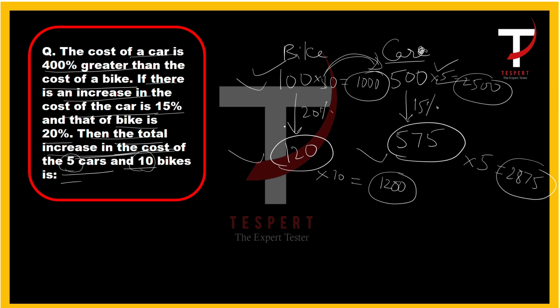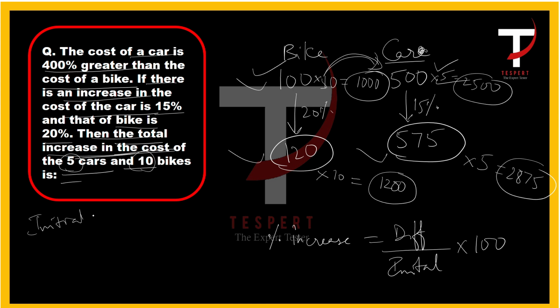So we need to calculate the total increase in the cost of 5 cars and 10 bikes. So what is the total increase in the cost of 5 cars and 10 bikes? So percentage increase is equal to difference by initial value into 100. Okay, so initial cost is equal to 1000 plus 2500. Why? Because the initial cost of bikes plus the initial cost of cars is equal to 3500,